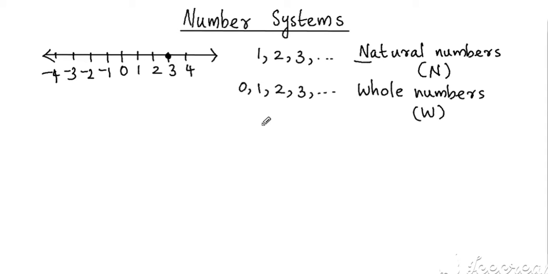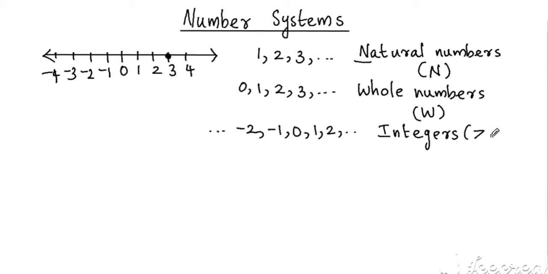There are many negative numbers in the number line such as negative 1, negative 2, negative 3, etc. which are not included in the natural numbers or whole numbers. So we have to define another collection. That collection is called the collection of integers. So integers include all the negative numbers, 0 and positive numbers. And it is not denoted by the symbol I, it is denoted by the symbol Z. This Z stands for Zahlen, which means to count.